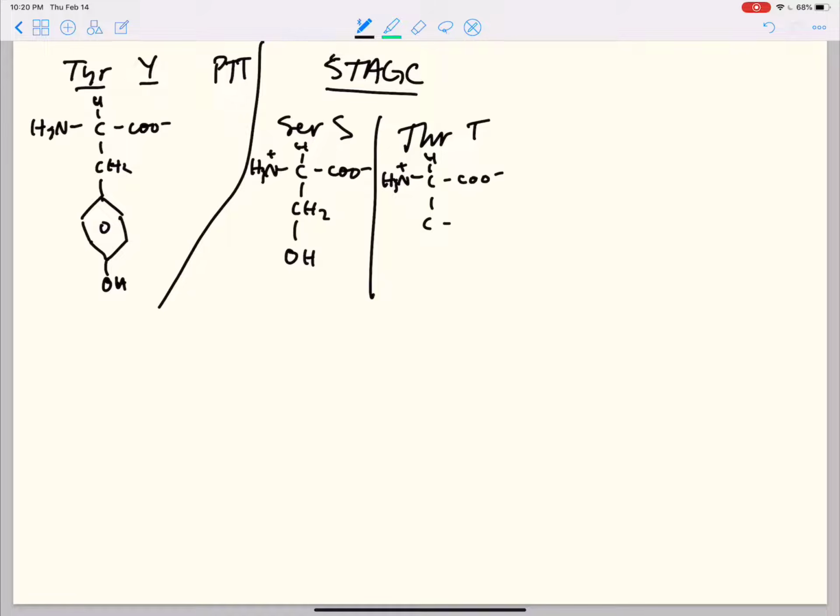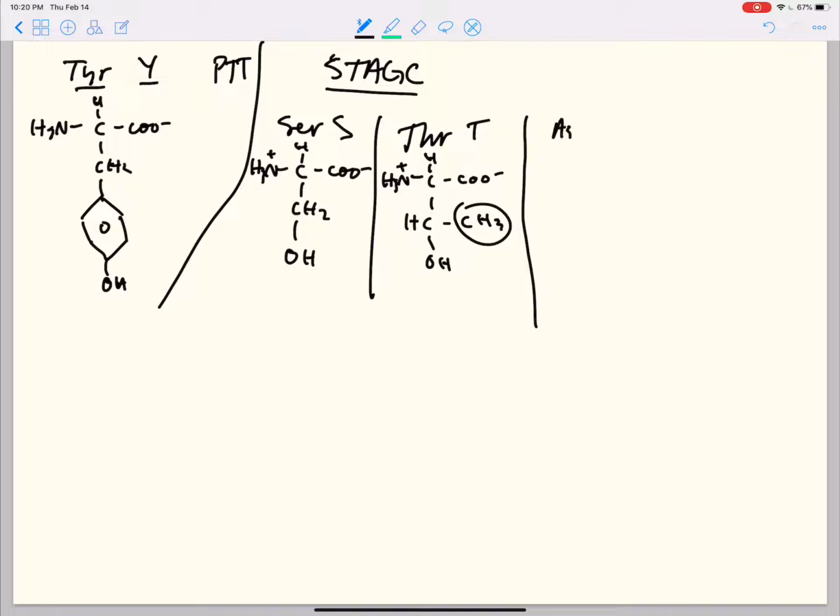And it's going to be a little wonky though. This is a little different than what I would expect. But serine, when you add a methyl group to it, you get threonine. So that's why I write it in this order. Next we have asparagine,